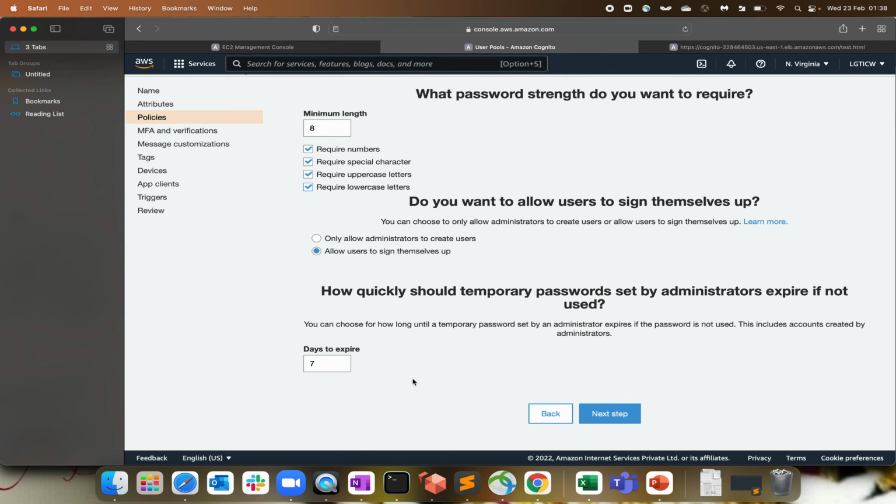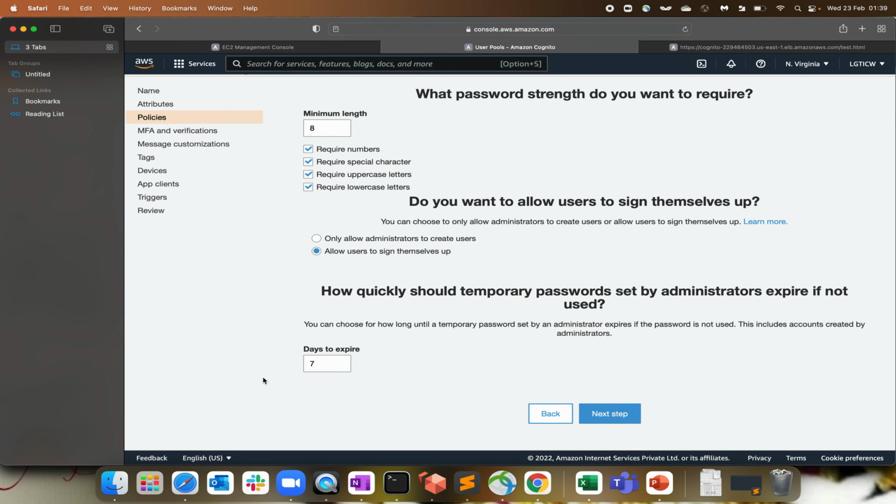So it's better, again, depending upon the application requirement and how you want to manage the user, because you cannot ask the client every time, "Hey, I'm going to create a user for you and we'll manage." So most of the time the client will deny this particular scenario and they want to use their own mechanism of creating users of their organization. Days to expire, that's where like 7 days, 30 days or 45 days. As part of the Active Directory scenario, we generally go for 45 to 90 days, depending upon how the organization works